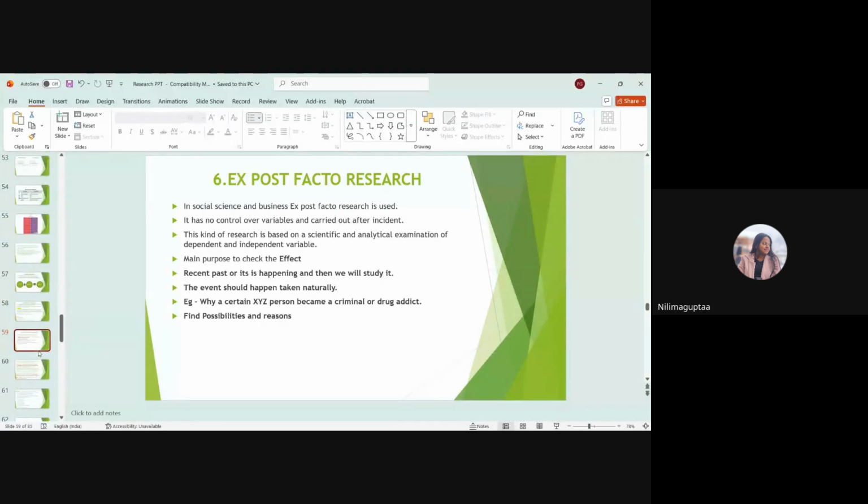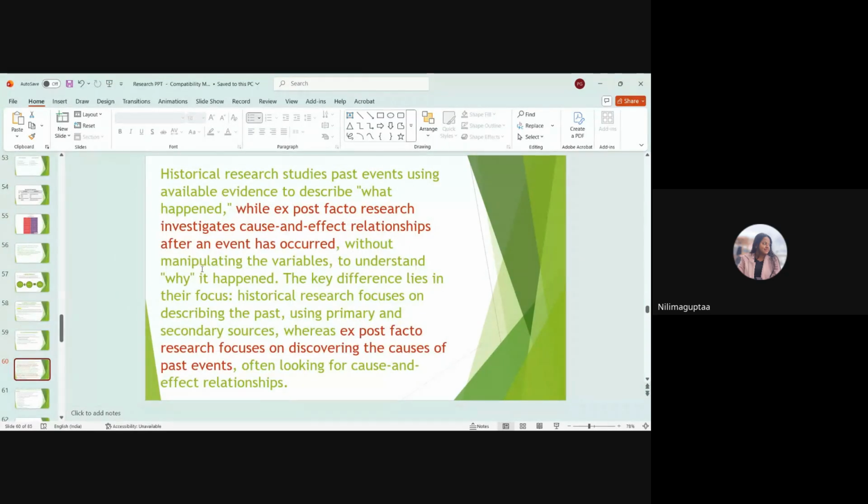That is the major difference from historical research, because it finds out the reason why it was there and tries to give a solution. Maybe not in that case, but certain other people who will be studying will know that they should not do this, because these were the reasons that an incident took place. So historical research studies past events using available evidence to describe what happened, while ex post facto research